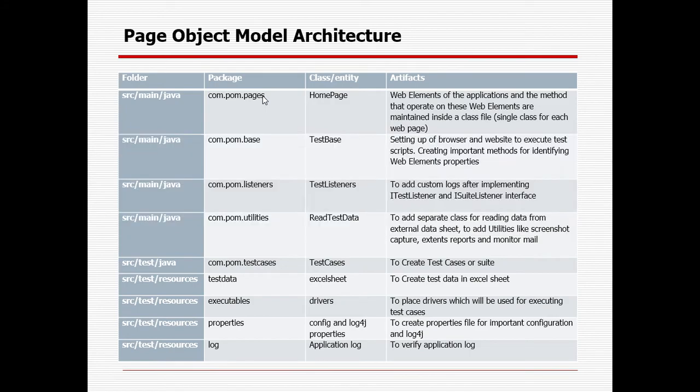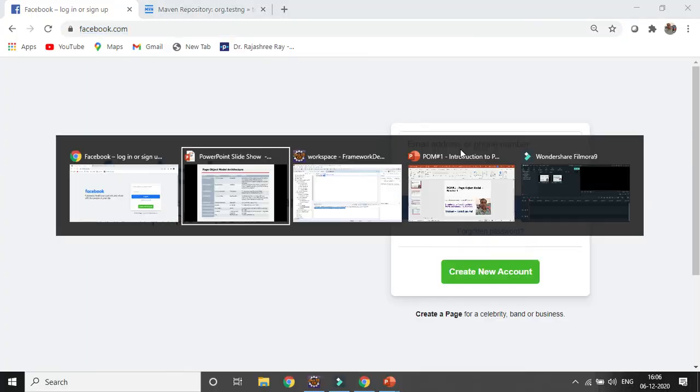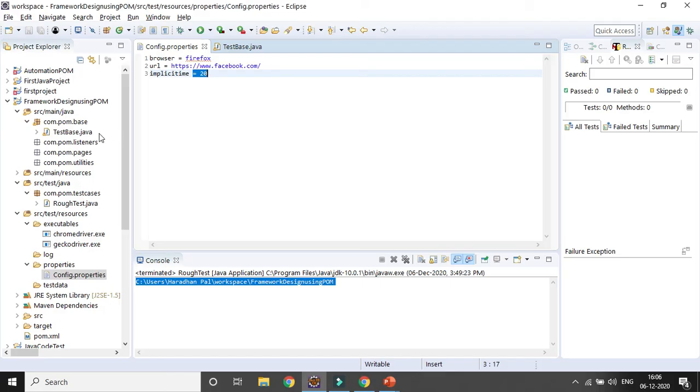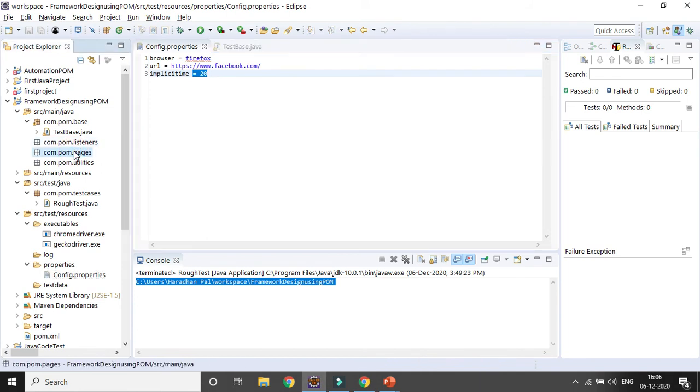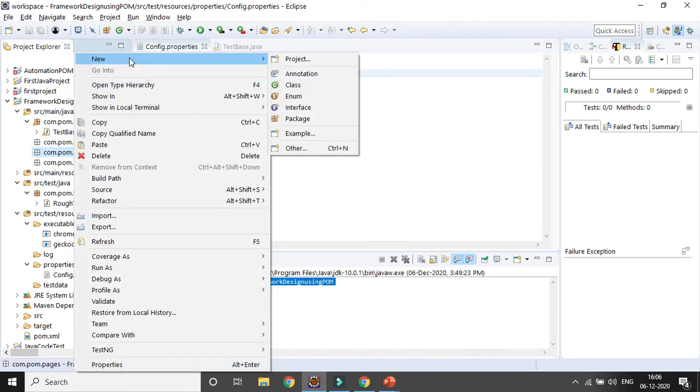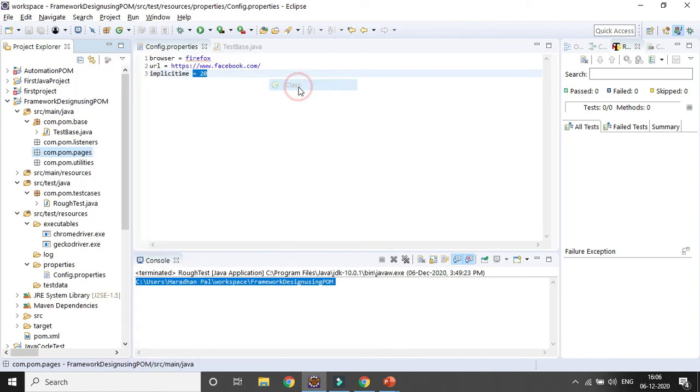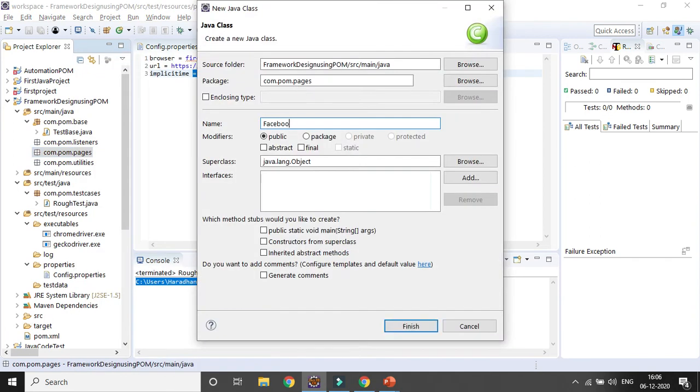So suppose I want to automate the Facebook page, I will be creating a class in the pages folder. Suppose the class name is FacebookHomePage, so that I can easily understand what the page is and what the actual name is.